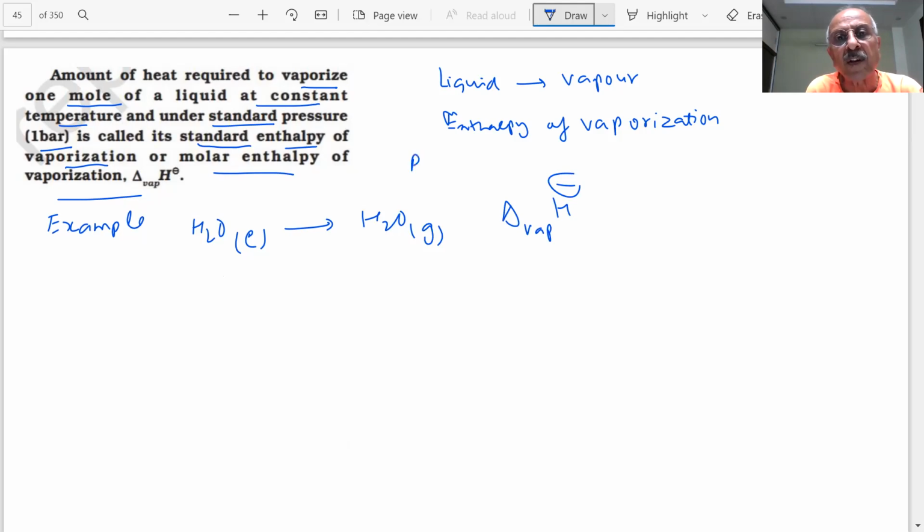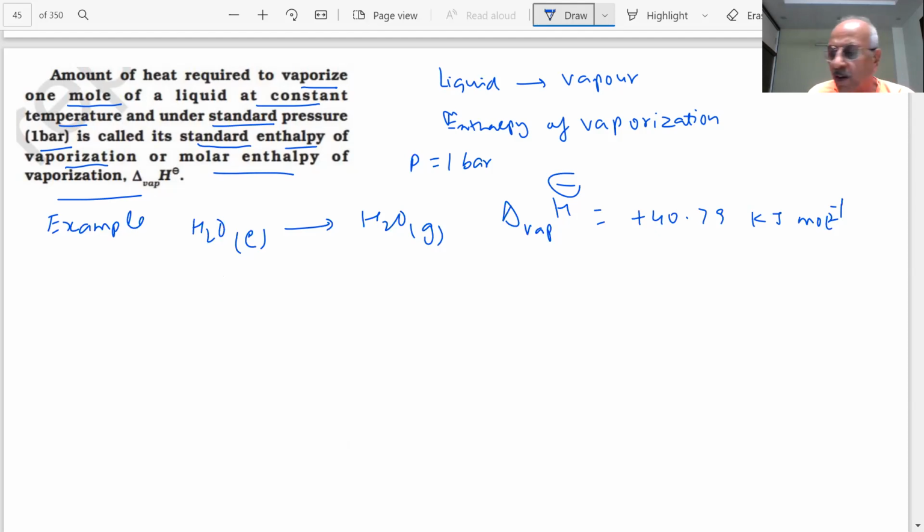And this pressure is again, I'm saying, 1 bar, student. And you know this is happening at the boiling point of water. The temperature will become constant when liquid water starts converting into water gas. And you know how much this value is, student? Standard enthalpy of vaporization is plus 40.79 kilojoule per mole. So this value you can see is more than the enthalpy of fusion. More energy is required to vaporize the water, student, than to melt it.